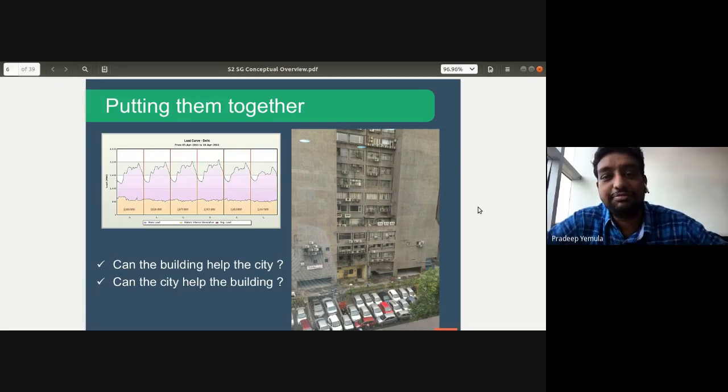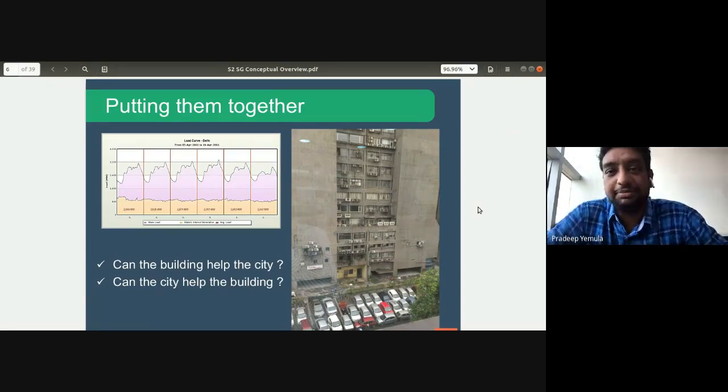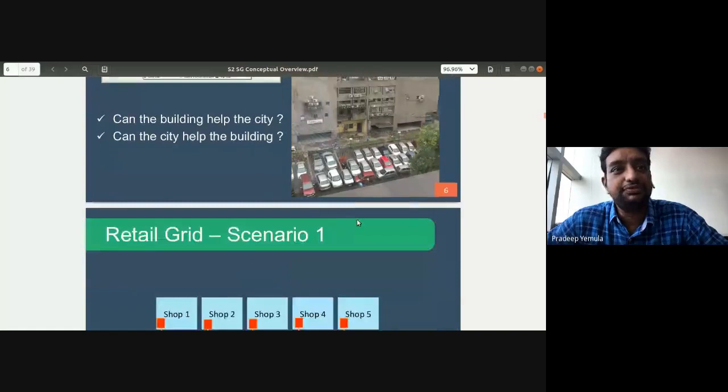At the time when the city requires a huge amount of power, we can ask the buildings to reduce their consumption and use the charge available in the vehicles. So this is just one example. How to make it available technologically, the smart grid can do that. Okay, so I'll move forward.